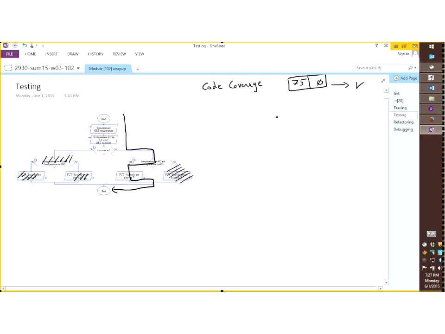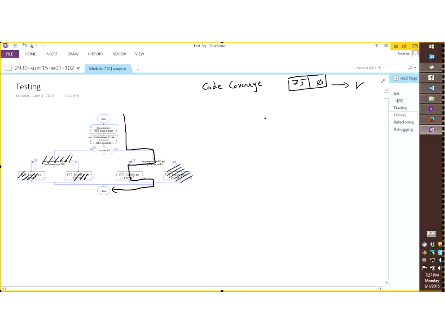But that's very limited. So the idea of testing is that we want to generate enough tests, enough values that we provide our code, and then verify that the outcome is actually the outcome that we expected. We want to generate enough of these so we are capable to guarantee that all of our code has been executed.